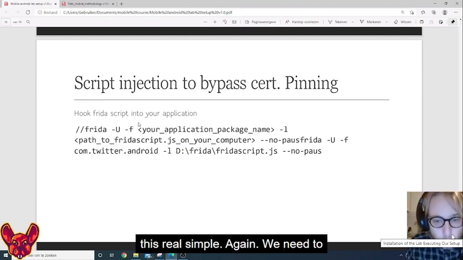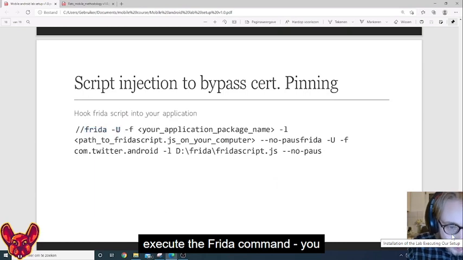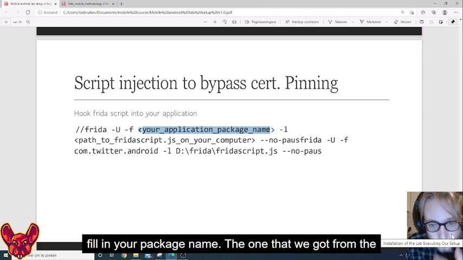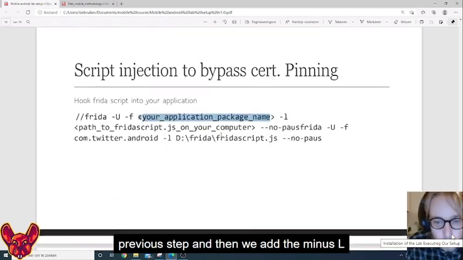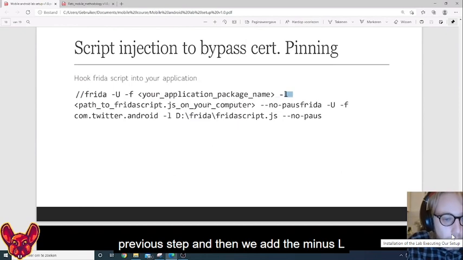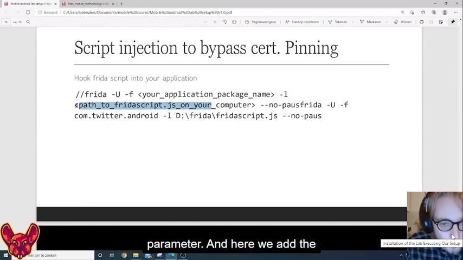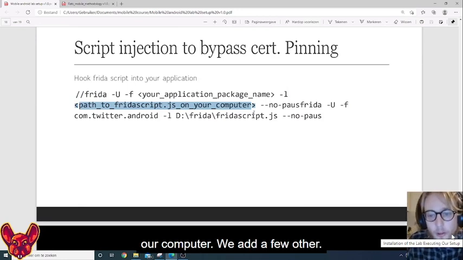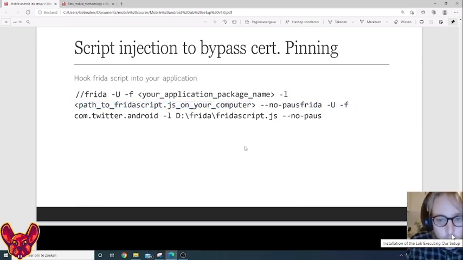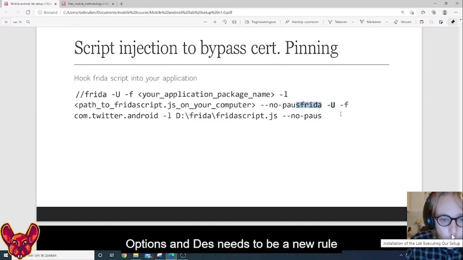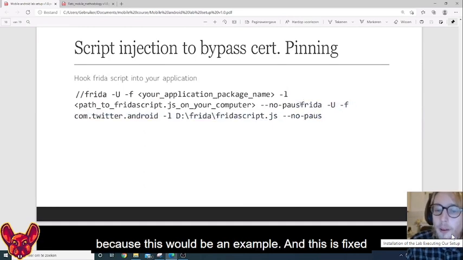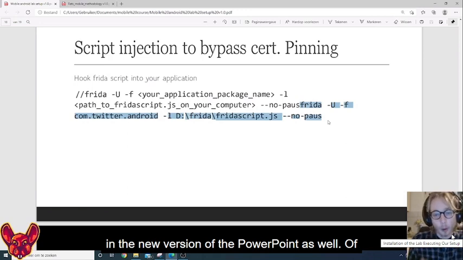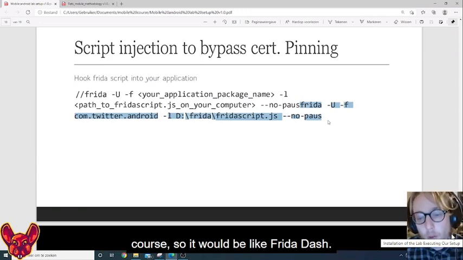Now to do this, real simple again, we need to execute the frida command -U and then the -f, and here you fill in your package name, the one that we got from the previous step, and then we add the -l parameter, and here we add the frida script.js file on our computer. We add a few other options, and this needs to be in a new line because this would be an example, and this is fixed in the new version of the PowerPoint as well, of course. So it would be like